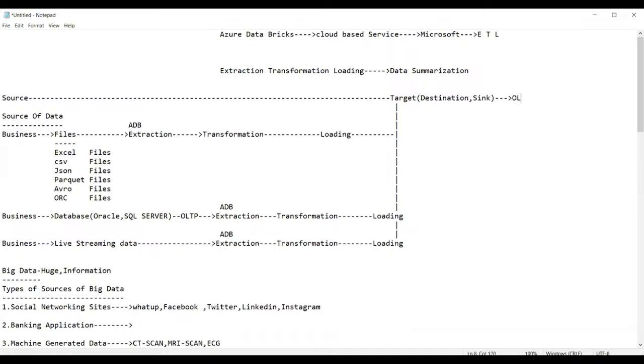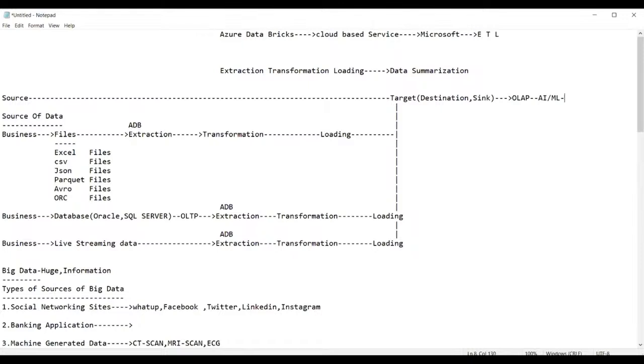Now we use a technique called OLAP, online analytical processing. Using artificial intelligence or machine learning, all this we apply further on this data. The Synapse performs this type of job, more focused on the visualization of the data.